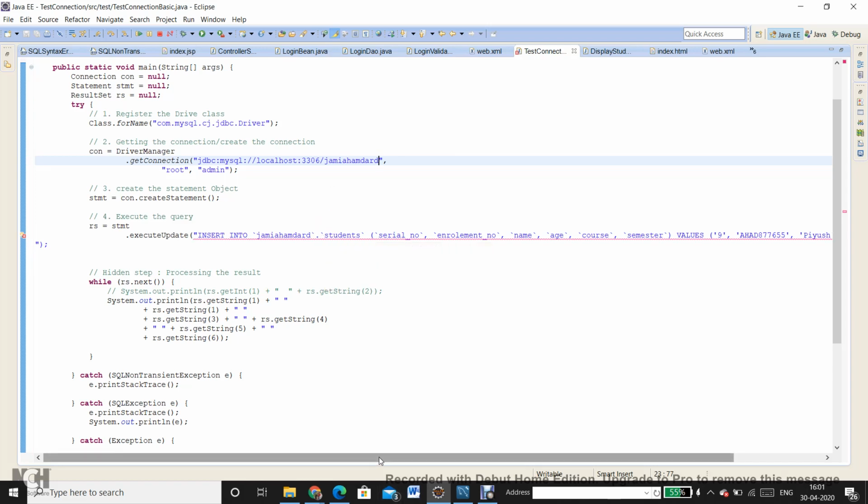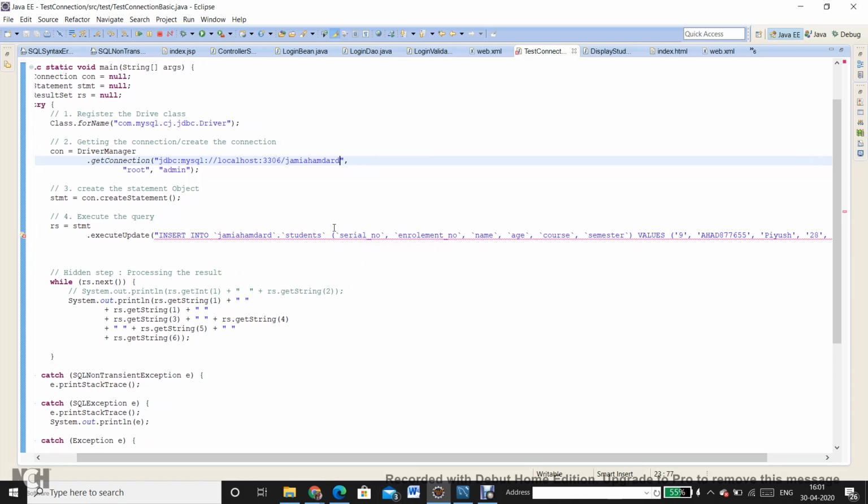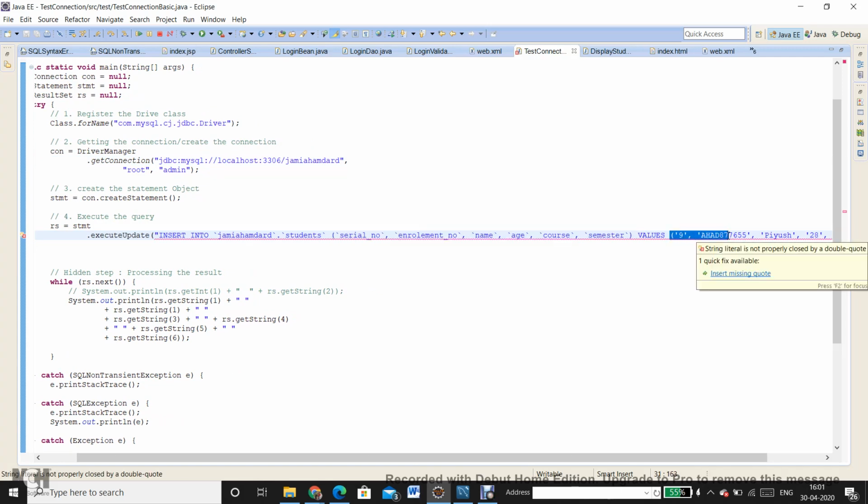The other thing is that I can skip the field names on which the following values are mapped, as long as I am providing all the values in the right sequential order and not skipping any values.